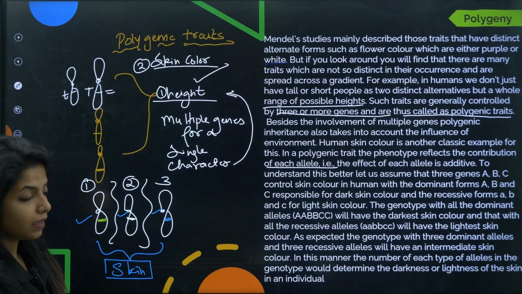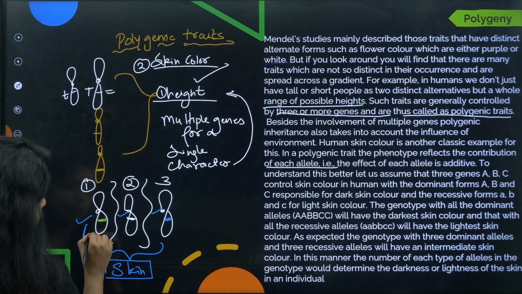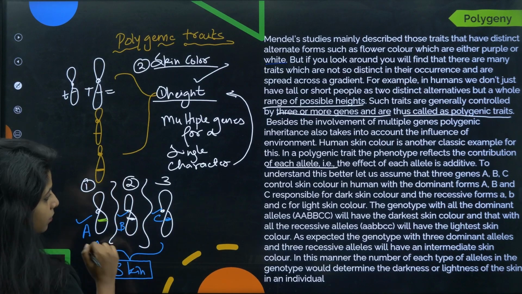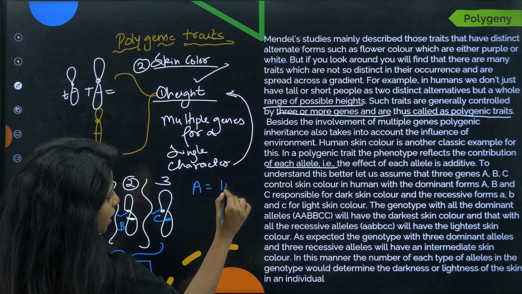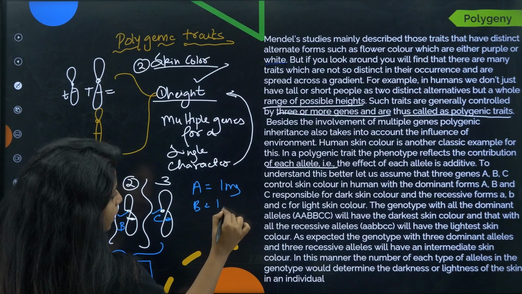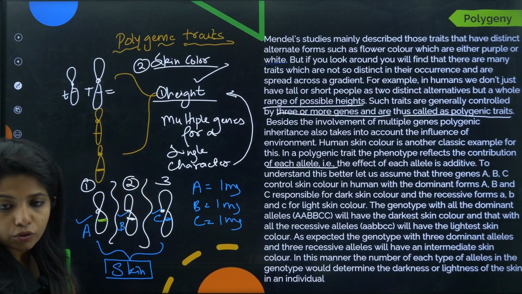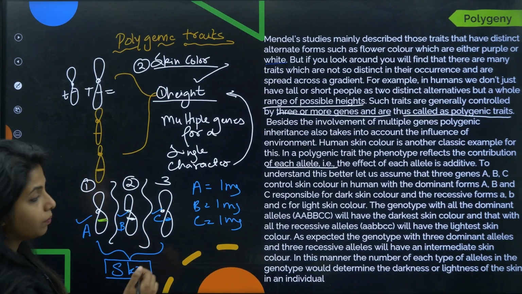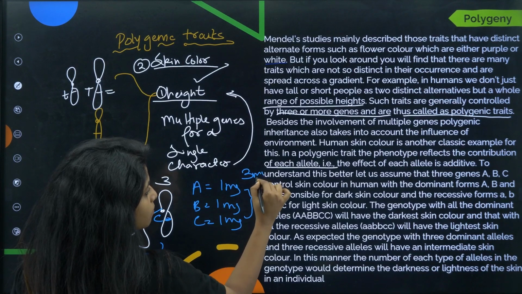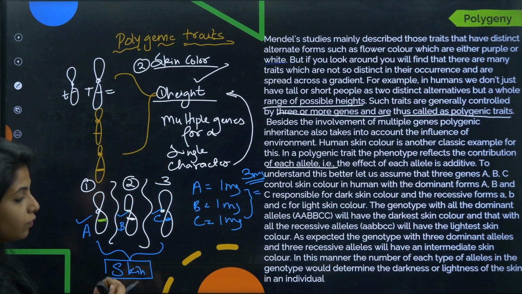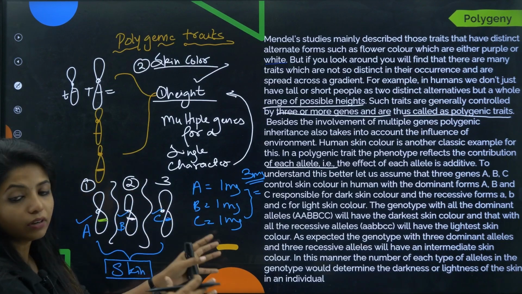They will be giving a response which is additive. For example, this is A, this is B and this is C. So, if A is contributing 1 mg of something, B is contributing 1 mg of something, and C is contributing 1 mg of something else, then the thing that will be shown up will be an addition. So, it will be 3 mg in total. Each of them has their own contribution, and this will decide our character,